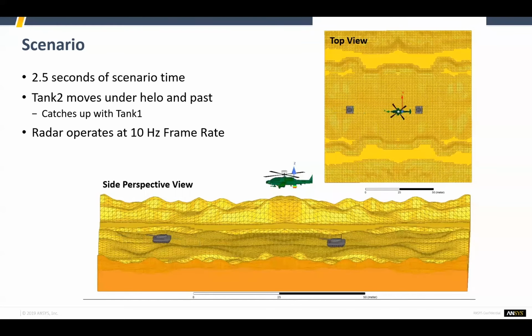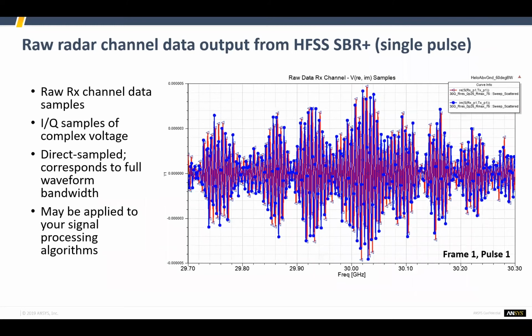So you have the front view on the bottom. You can see the tanks moving. Looks like the back tank is moving slightly faster than the front tank. And then we, of course, have the top view. Now, remember, this is a coupling problem from transmitter to receiver, and this is what we're really looking at here. We're looking at our data from our receiver channel